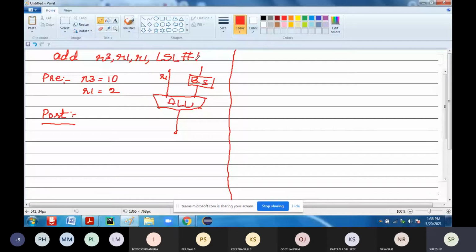by 1 bit. Okay. So now this operation is your barrel shifter operation. This is what the barrel shifter is going to do. Here also R1 is coming. So assume that the value of R1 is 2 here. So in the barrel shifter, what operation does it have to do? It has to do a logical shift by 1 bit.